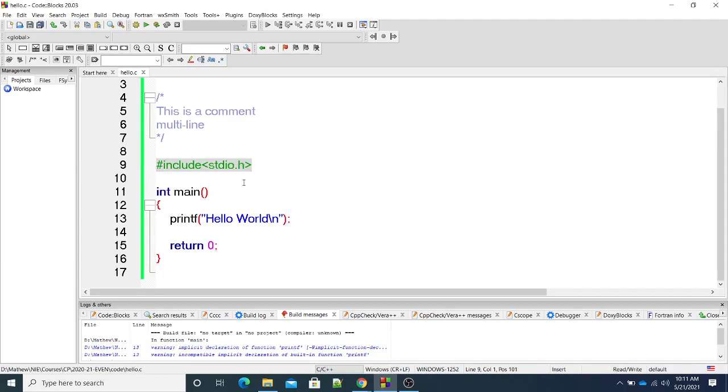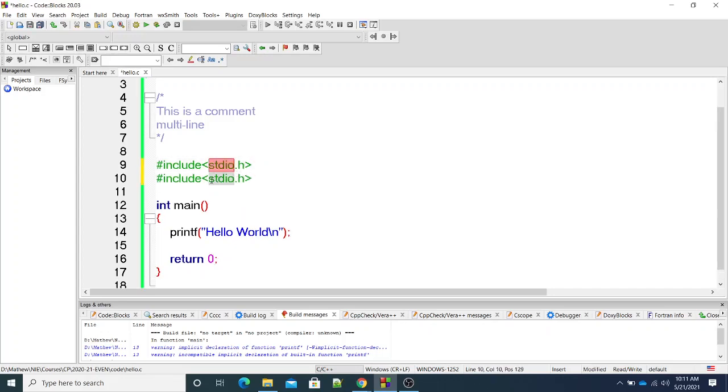Actually there are not many, only 2 or 3 header files you will be using in your entire course. There is stdio.h for input and output operations. There is math.h for mathematically related functions. There is a .h file called string.h for string related functions. These 3 or 4, not more than that. So don't worry about that. If you want to include math.h, you will write one more statement like this, math.h.